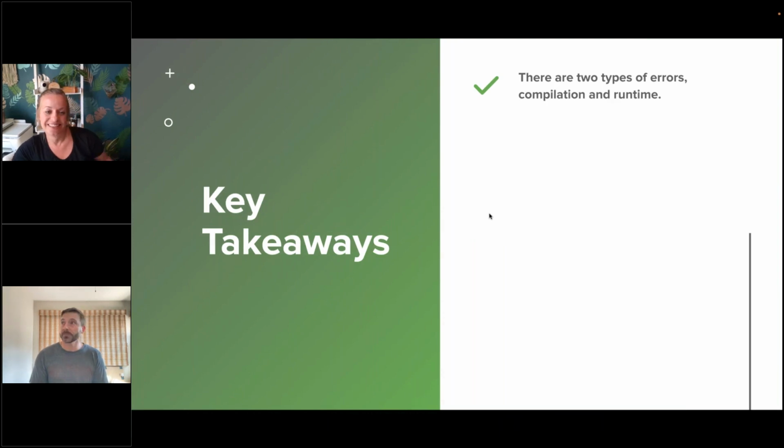So key takeaways. Two types of errors: compilation and runtime. The compilation errors, we said, are the red toasters that pop up at the bottom. There's something wrong with the syntax, and it has nothing to do with what you're trying or expecting as an outcome. It literally just doesn't like the Groovy code that you've written. So you have to find where the problem is and fix it. Once you do fix it, it doesn't mean your app script's going to do exactly what you want it to do,